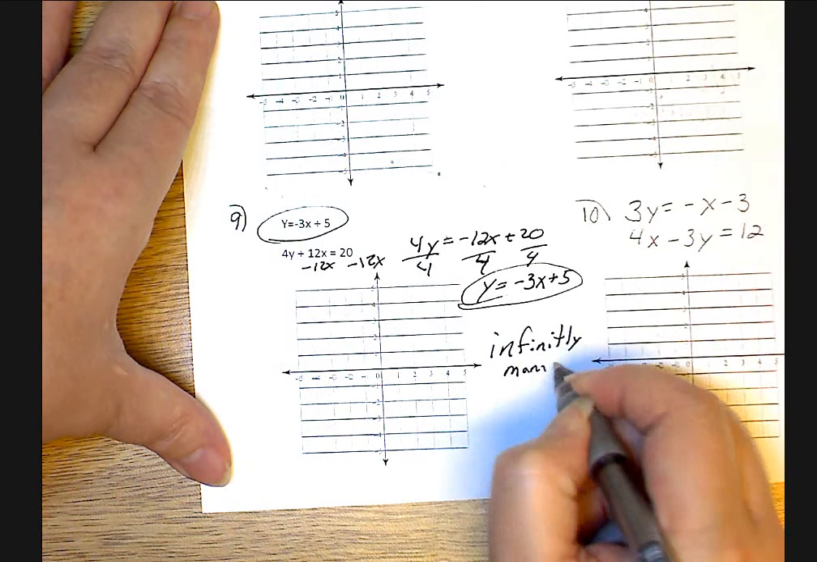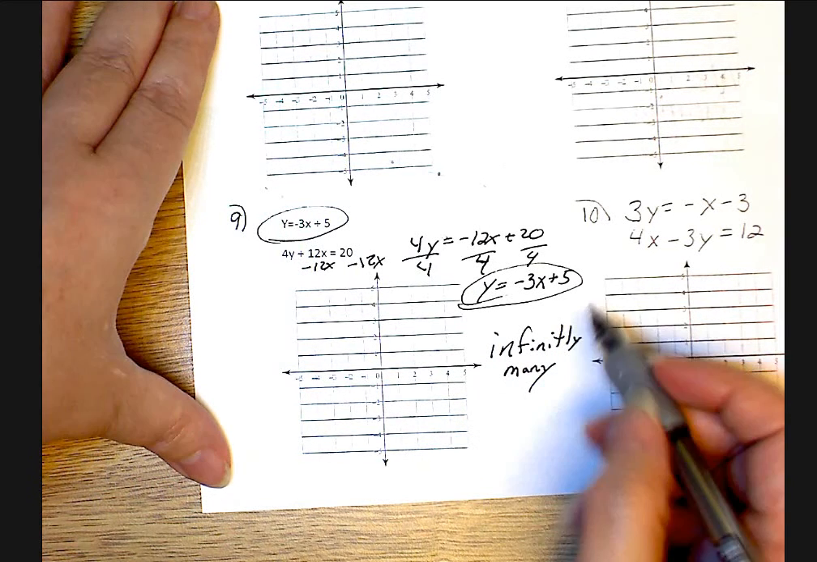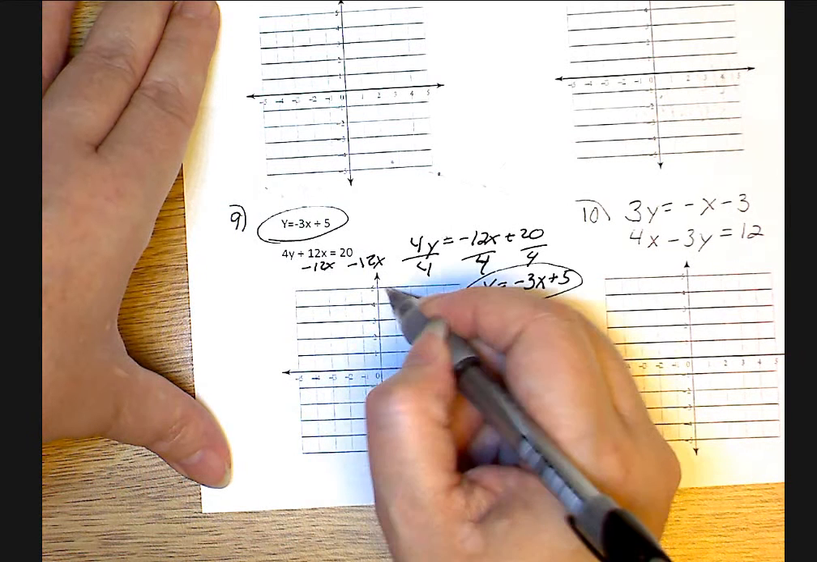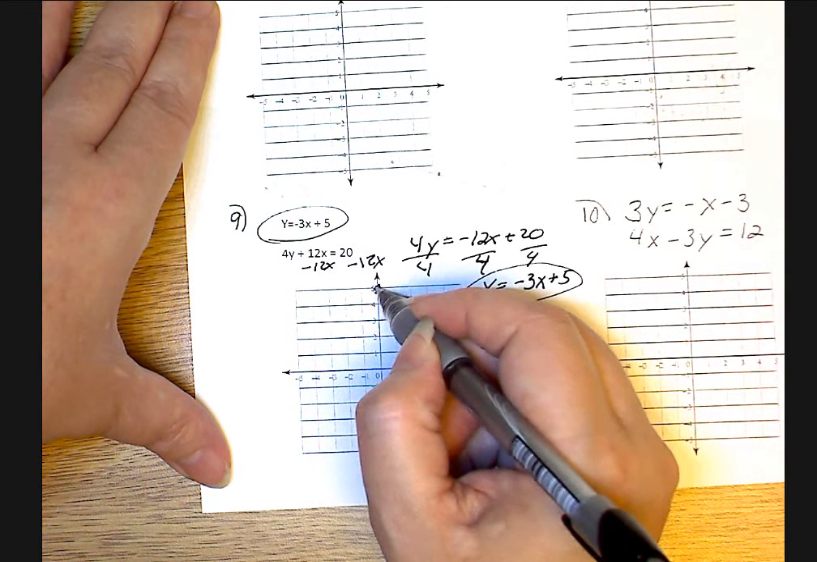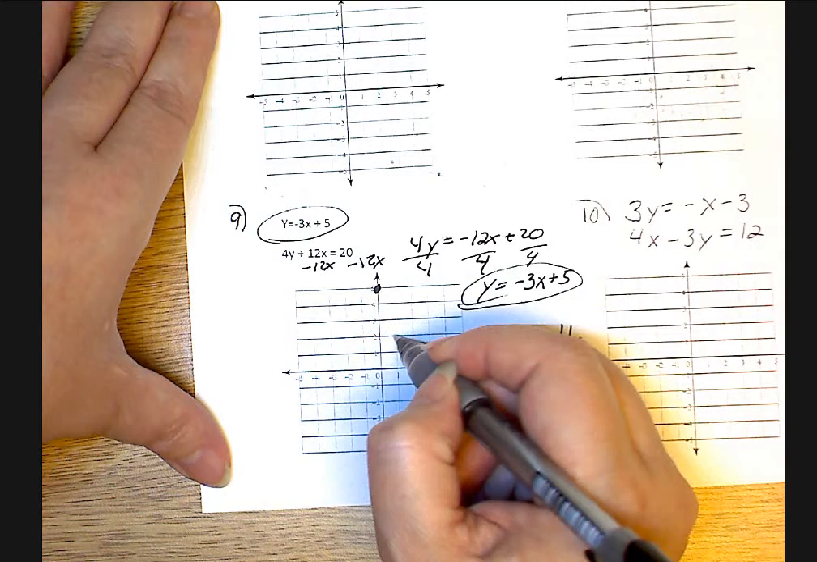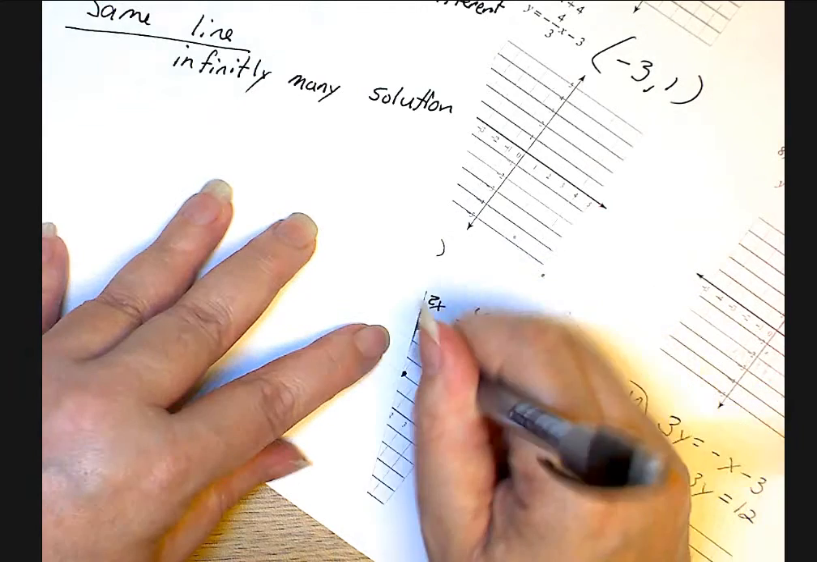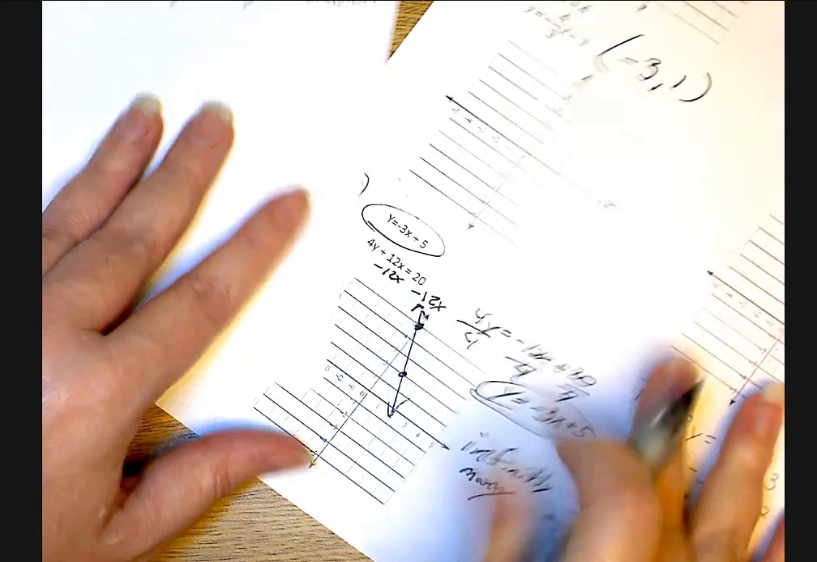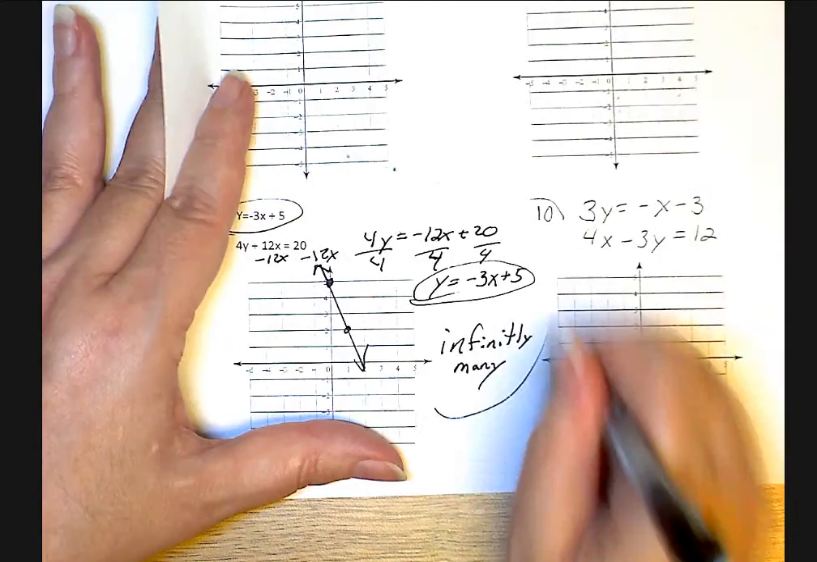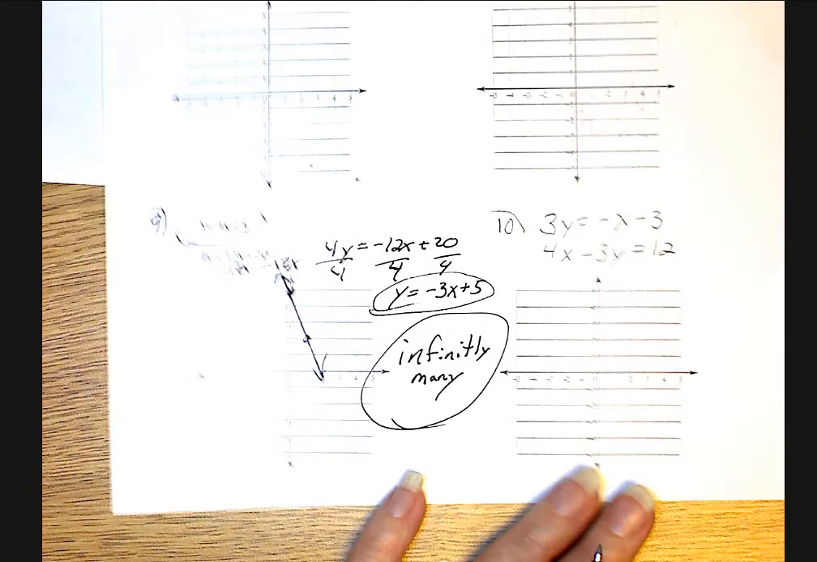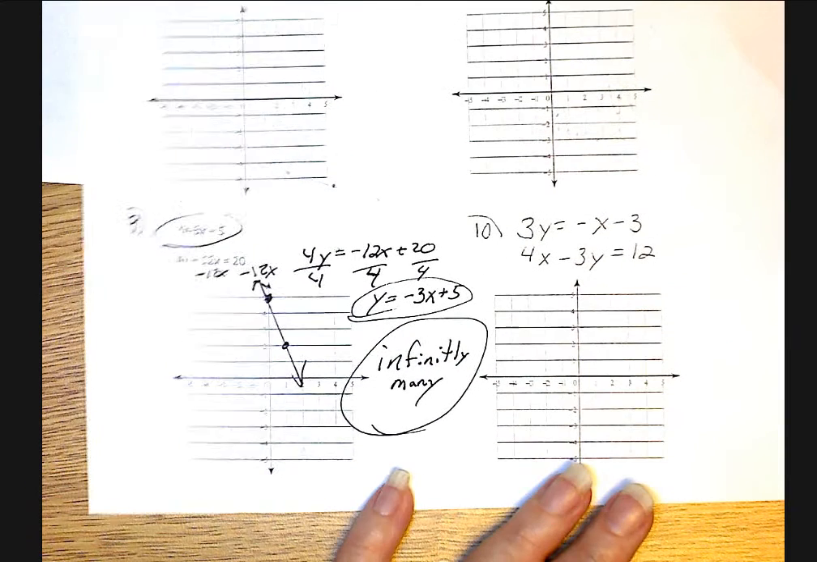Now, if it says to graph that, you would graph it. You would go to 5, and then down 3, 1, 2, 3 over 1. And that would be the graph of it. But the solution is infinitely many. All right, and the last one,